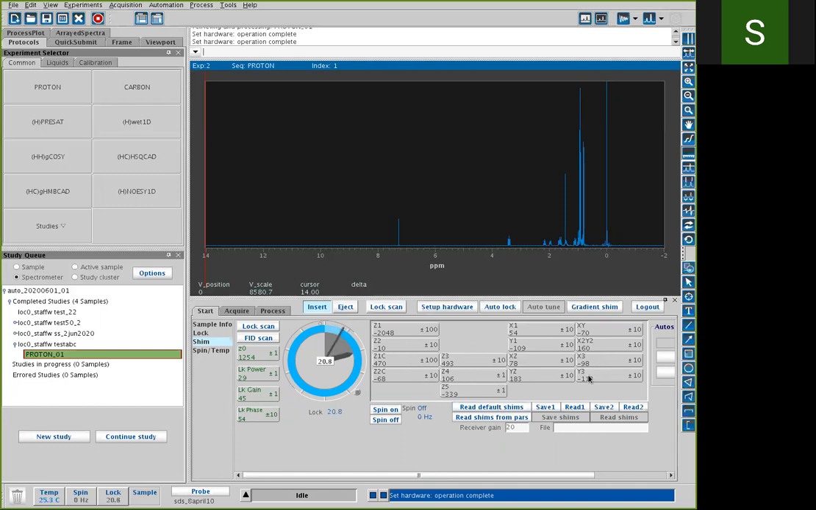That loads the numbers into these settings here. You have spinning shims and then non-spinning shims, so it gives you a good starting place. So once you have the shim file loaded, then you want to queue up all the experiments that you want, and that'll happen in this window here. So click New Study,